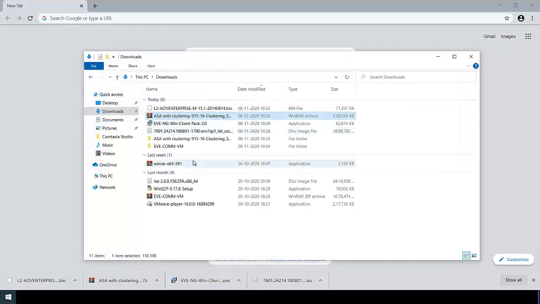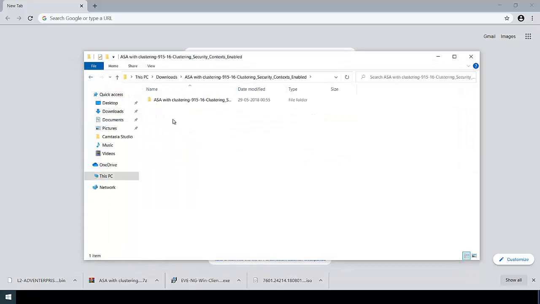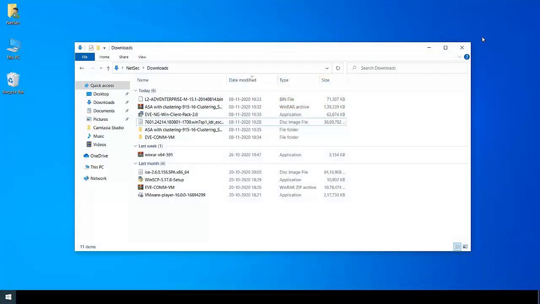So our download part is complete now. Let's check for the image. Okay, it's there. So all right, everything is there. Now we can move on.